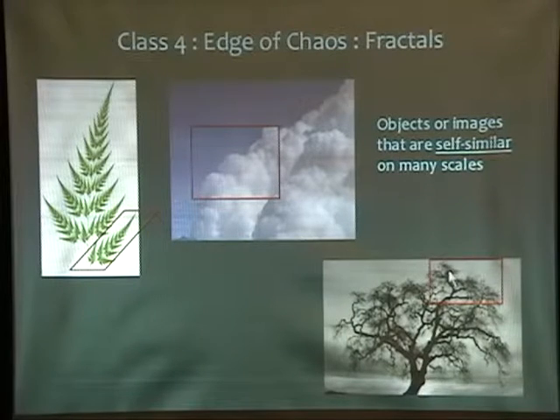Nature is full of fractals. Take a little part of this fern and magnify it, looks like the whole fern. Take a little part of this cloud and magnify it, looks like the whole cloud. A small part of the tree looks like the whole tree. And branches of this branch look like the tree, etc. That's fractal. Class 4 systems are also said to follow something called power laws. In the seminar we go into detail about this. It's not hard. The basic idea of power laws is that